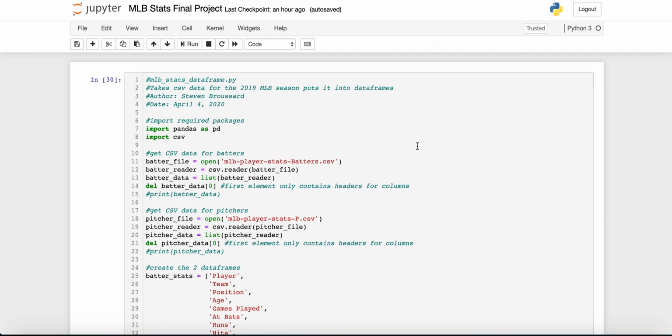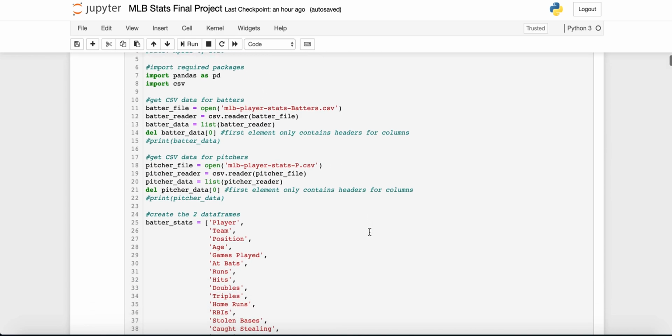And then here's my actual program. This first cell doesn't really do anything when you run it. It basically just takes the data and puts it into two data frames, one for batters and one for pitchers. So first, I import the required packages and then use the CSV reader to import the CSV file into a